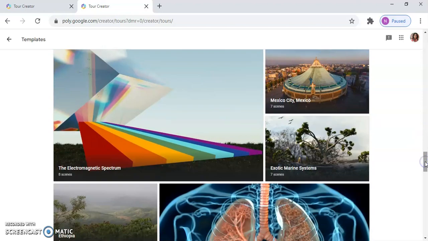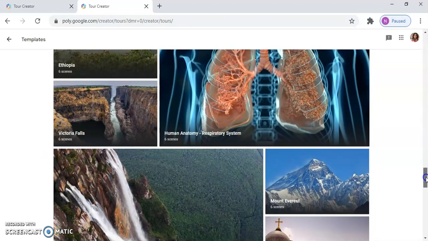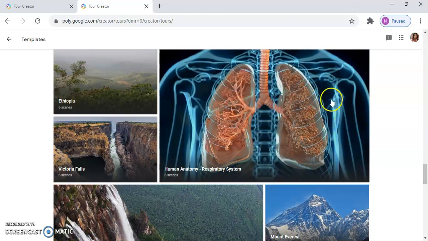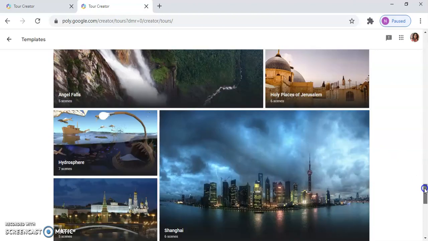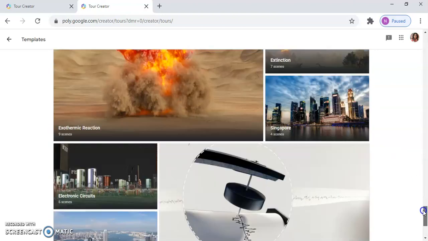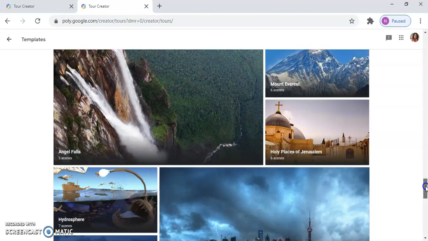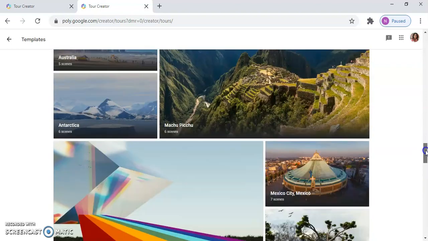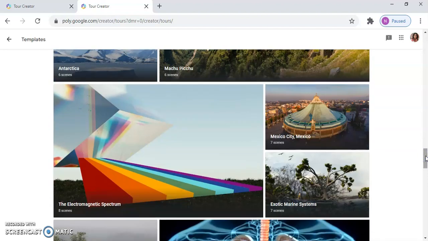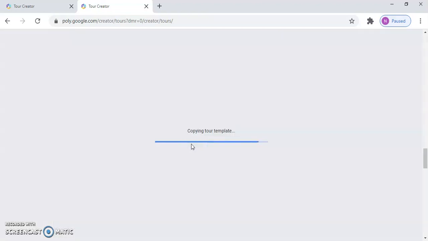And these many templates are there. In physics, you can show the electromagnetic spectrum. In science, you can show how the respiratory system works. And so on. So these are the templates which you can share with your students and make your class more live and vivid.